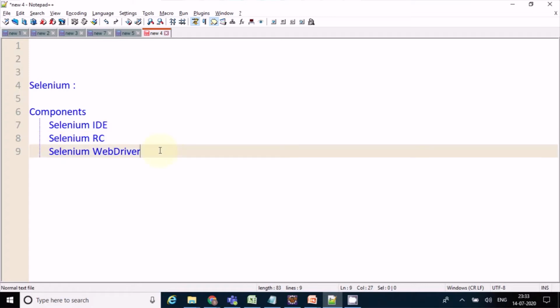And Selenium WebDriver is an interface and a collection of jars. Before discussing Selenium WebDriver in depth, as of now we consider it as a tool. So these are the different components of Selenium.